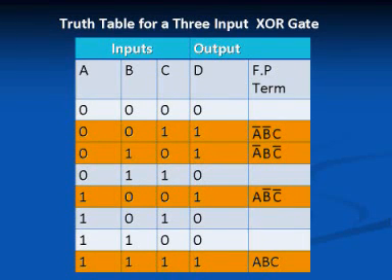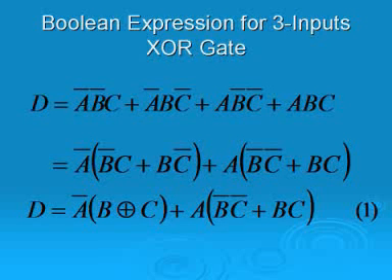We can see from the truth table for a 3 inputs XOR gate, the fundamental product terms corresponding to D equal to 1 are A bar B bar C, A bar B C bar, A B bar C bar and A B C. Taking the sum of these fundamental product terms, we get the Boolean expression for D, that is equal to A bar B bar C plus A bar B C bar plus A B bar C bar plus